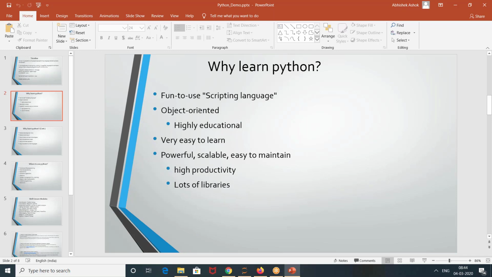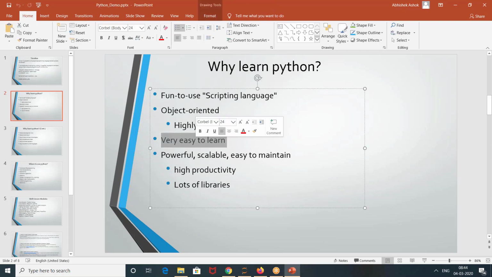Wonderful. Then there is a beautiful module. I'll get into that module stage, and then I'll tell you. You will feel writing VB script is a waste after knowing about that module because it is that simple. Okay. Python is very easy to learn and powerful, scalable, easy to maintain, high productivity, and has lots of